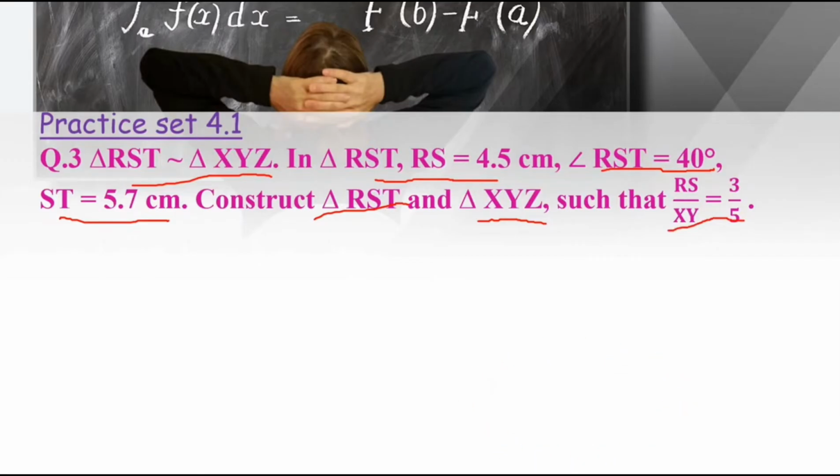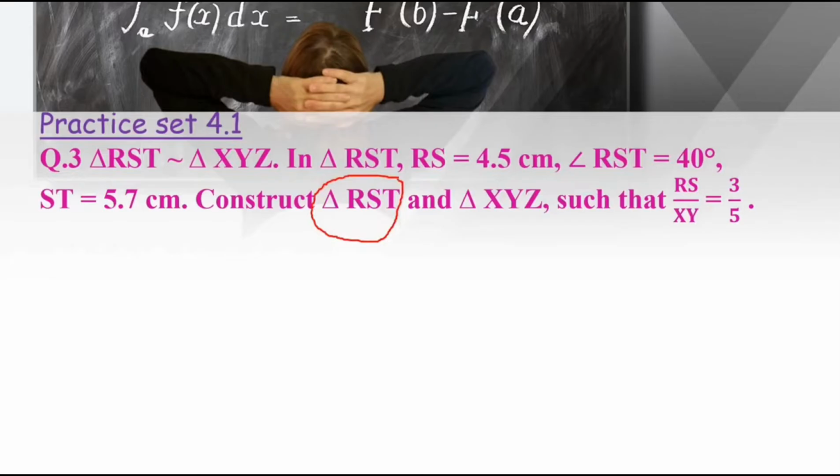So in this question it is asked to construct both the triangles, and here we have sufficient information for triangle RST, but we don't have sufficient information for triangle XYZ. So to construct this triangle we need to find out some sufficient information for this triangle using